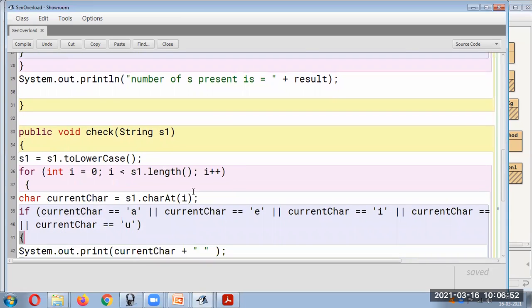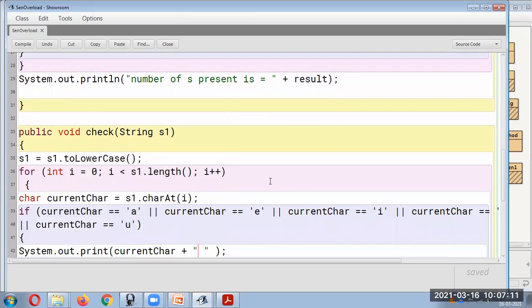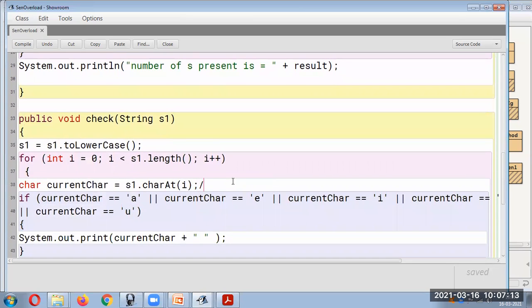we are simply checking whether a vowel is there and we are printing that vowel. So simply we will convert the string to lowercase. Then we start from 0 and go to the end of the string, checking each character at a time. The first character we get from computer is C. It will check whether C is there in this.